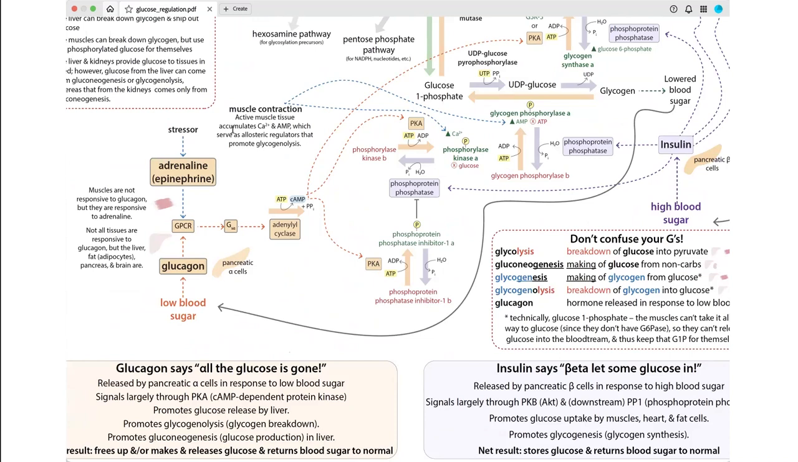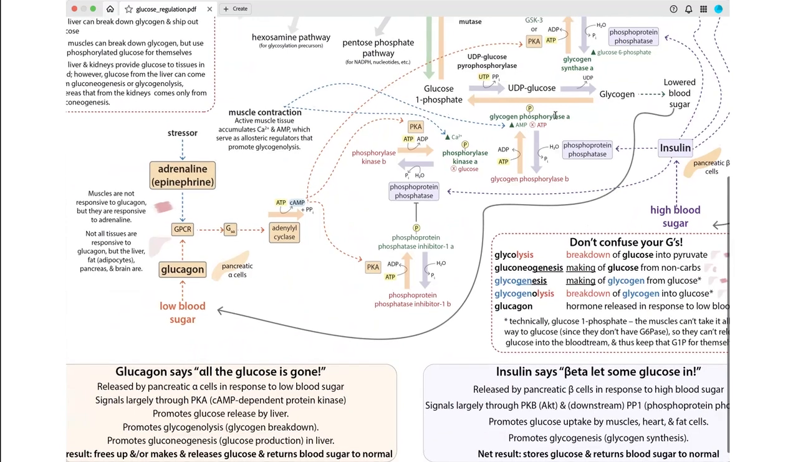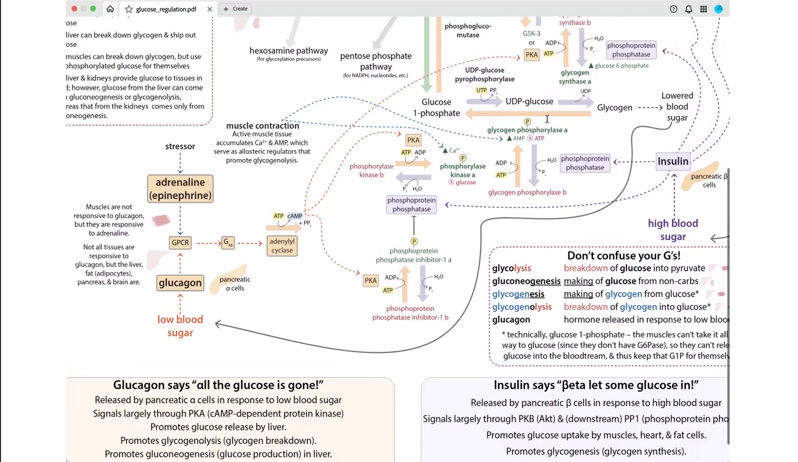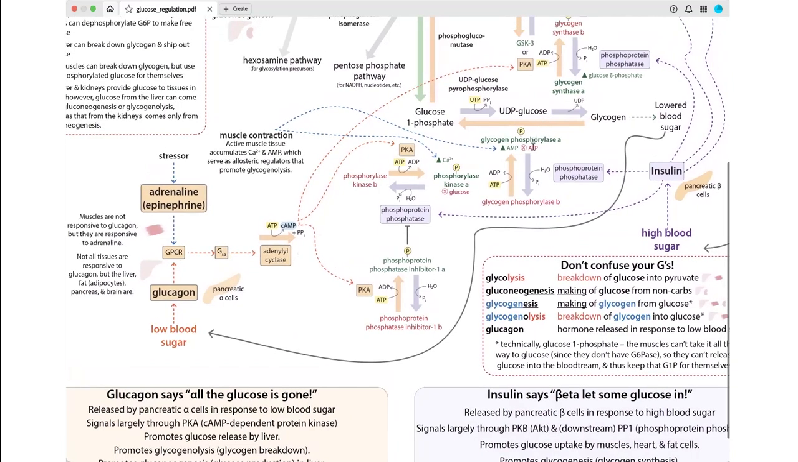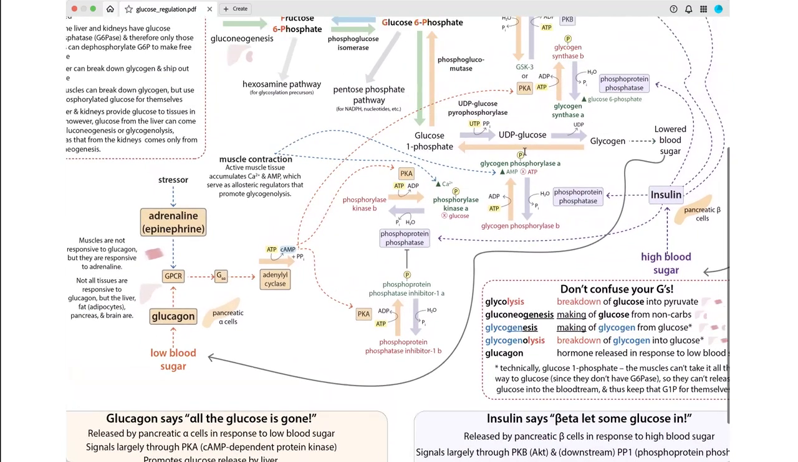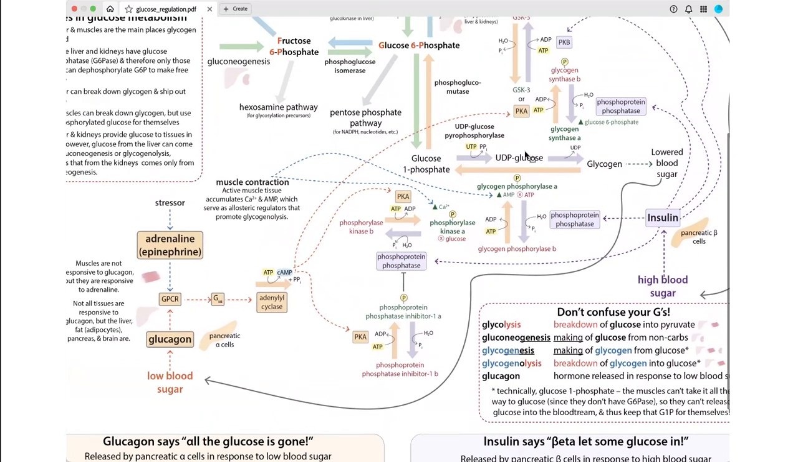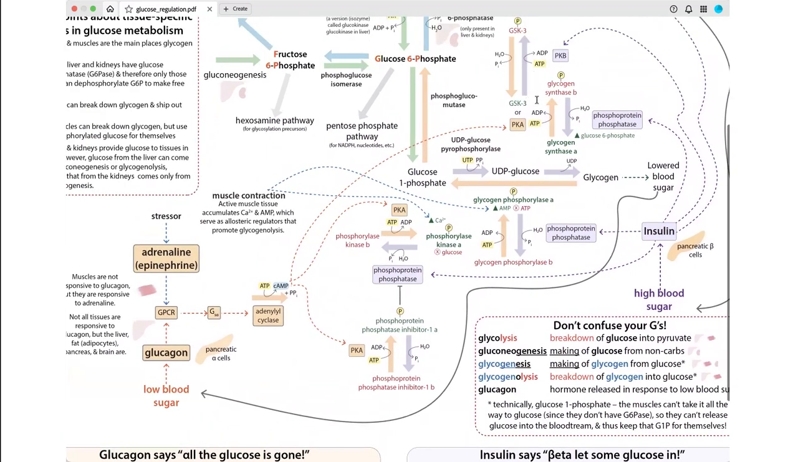We want to break down the glycogen, either to use it for ourselves in the case of our muscles, or to ship it out in the case of our liver cells. What we're going to do is we need to regulate this enzyme now, glycogen phosphorylase. Now, glycogen phosphorylase is also going to be regulated by phosphorylation, but in this case, it's activated when it's phosphorylated. So unlike what we looked at before, which were inactivated by phosphorylation, our glycogen phosphorylase is going to be